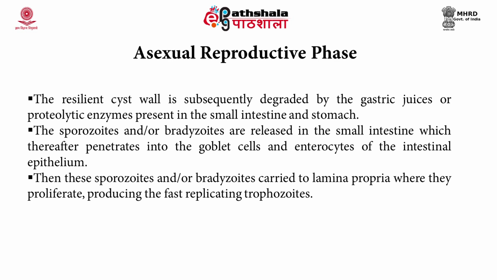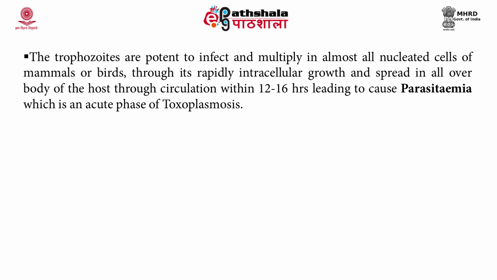Then these sporozoites and or bradyzoites are carried to the lamina propria, where they proliferate, producing the fast replicating trophozoites. The trophozoites are able to infect and multiply in almost all nucleated cells of mammals or birds through rapid intracellular growth, and spread all over the body of the host through circulation within 12 to 16 hours,